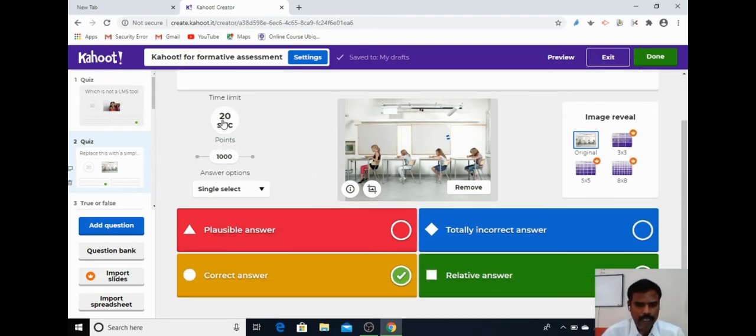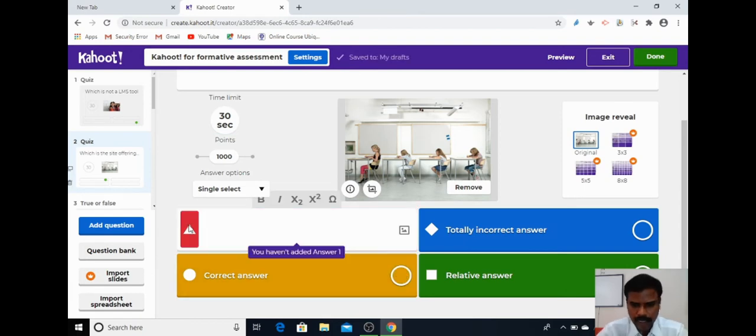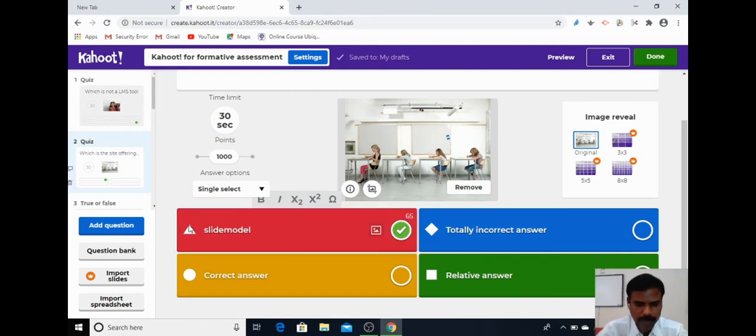After selecting these, you know how to select all these things. Now, this is the correct answer means I am selecting this one and I remove this option. So change it. Here it is slidemodel.com.